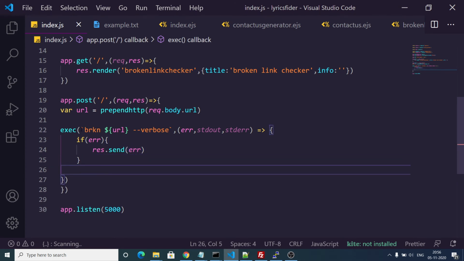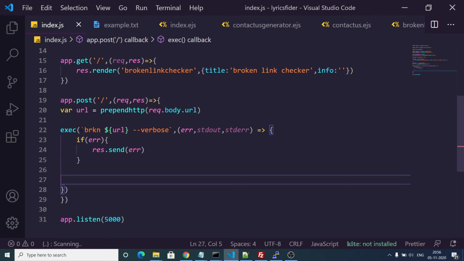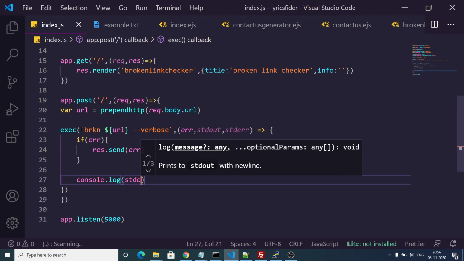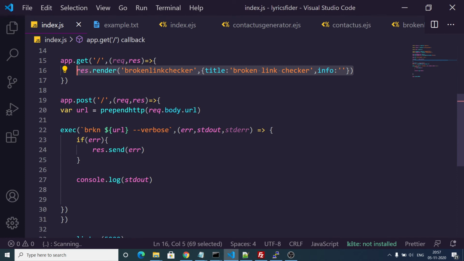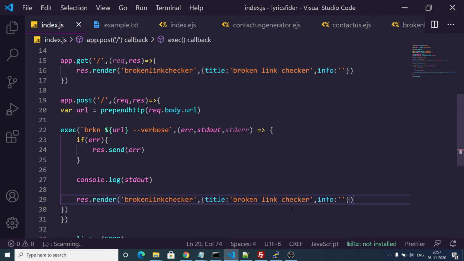If no error takes place, we can console log the standard output, and then we also need to render out this template but with updated info. So here info is equal to standard output. That's it.